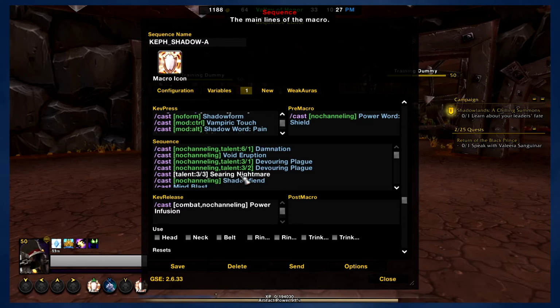But if you choose Searing Nightmare as a talent, the macro is going to use that. If you don't, the macro is going to use Devouring Plague to spend your insanity. Okay, so the idea here is that the macro will only use Devouring Plague if you haven't chosen Searing Nightmare as a talent. If you have, the macro will no longer use Devouring Plague when you're using the AoE macro